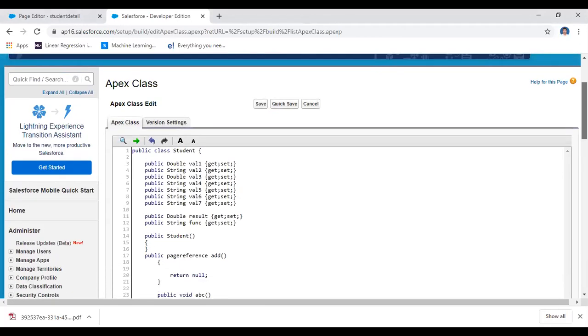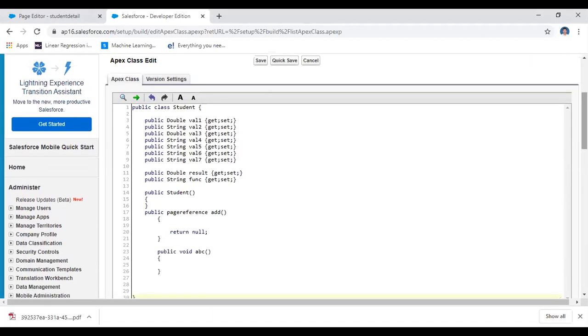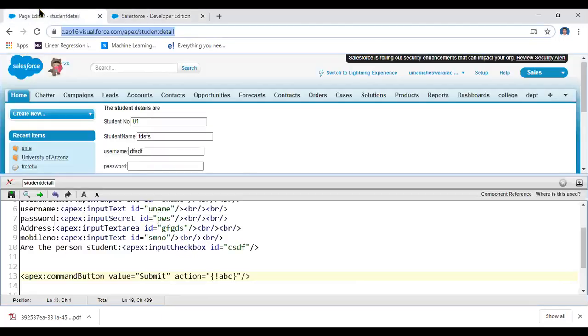Okay, now see here, public class name. The class name here is student. And then you have some public double value one. What is a public double value one here? The corresponding student number. See here.